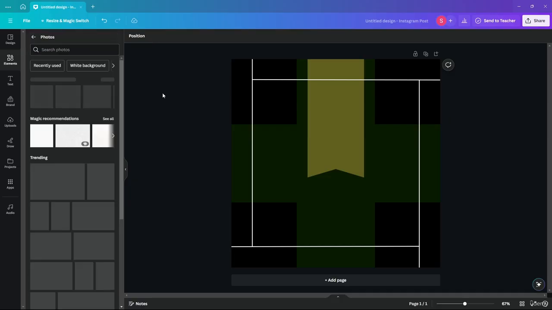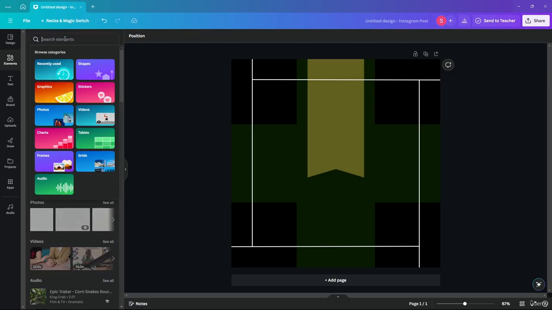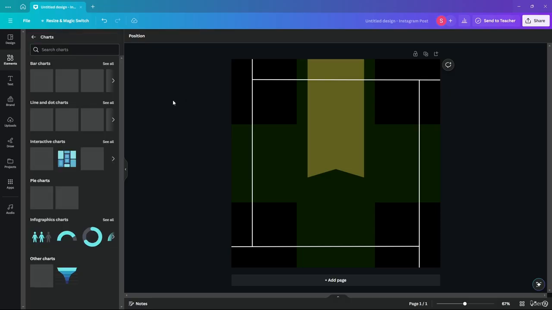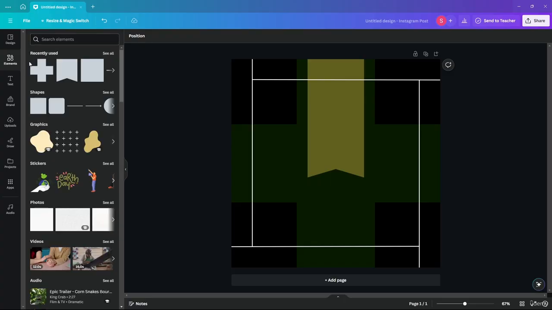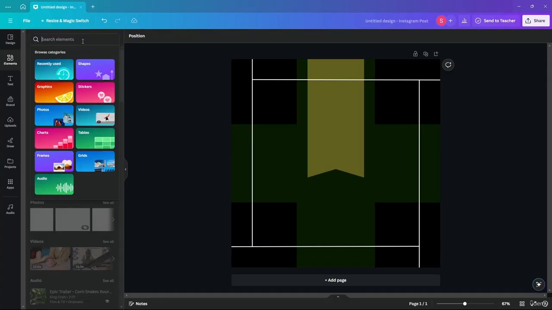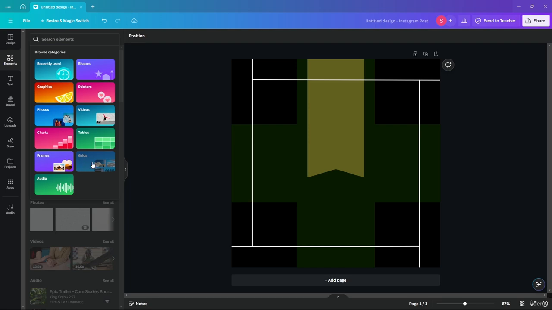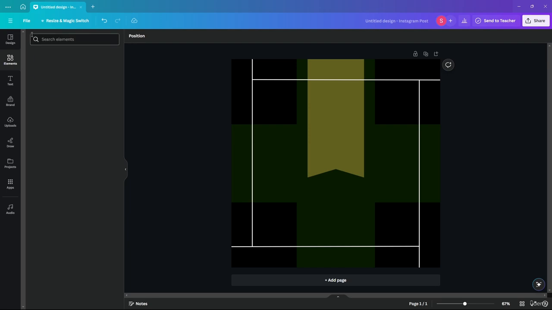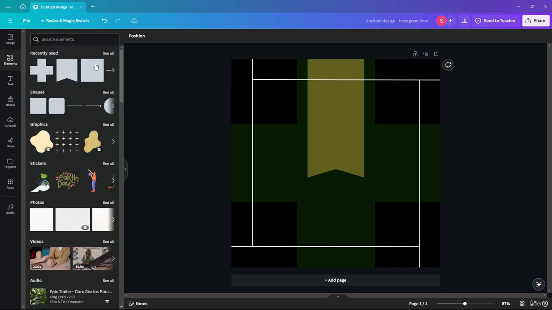Then you have photos here, where you can access a wide variety of photos. You also have videos. You also have charts over here, as you can see. And as I mentioned before, you can edit these charts. Then you have tables as well. Then you have frames as well. You have grids as well over here. And then you have audio as well over here, where you can access audio if you're working with